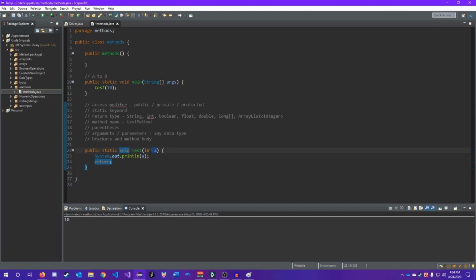So if we put that back to normal, now it still runs smoothly. We run it again. We still get 10. Everything's fine. Everything's hunky-dory. But we can still use this as what's known as a control statement. And I think we've talked about this before with loops. So a control statement is just something that affects the flow of your code,